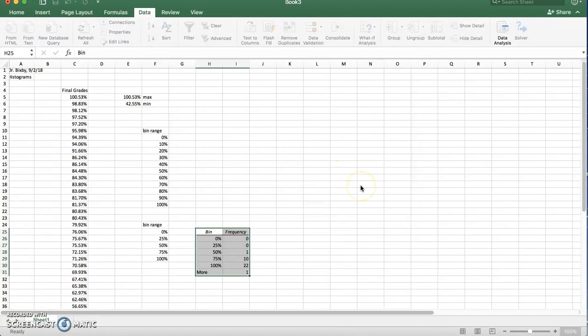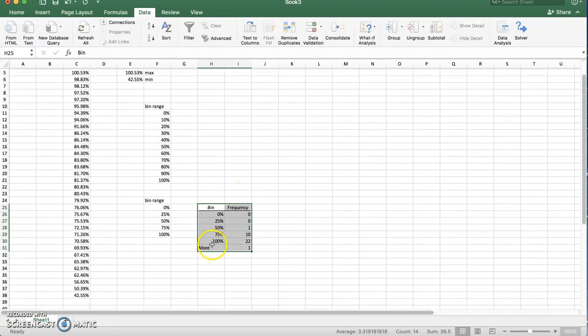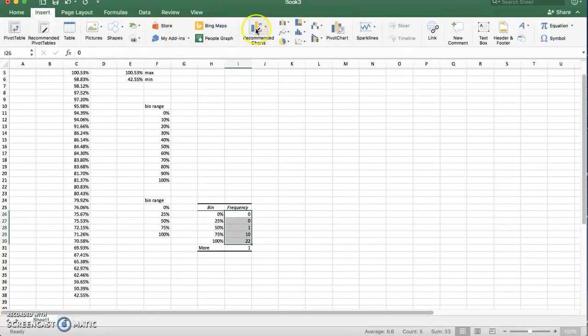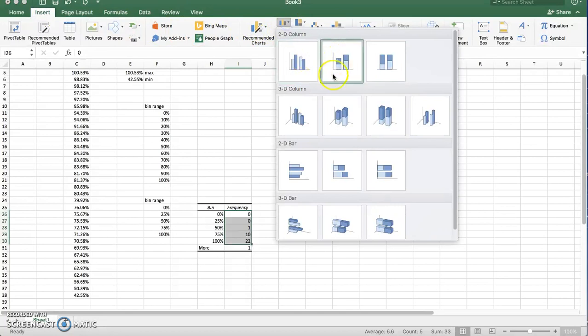It's going to calculate that for me. And now it's going to give me the bin, the frequency, and more, right? It's going to tell me there's one that's over 100%. So we could have gone to like 150 and seen how many people are there. And then when you plot this, we are just going to plot this as a column chart. So in